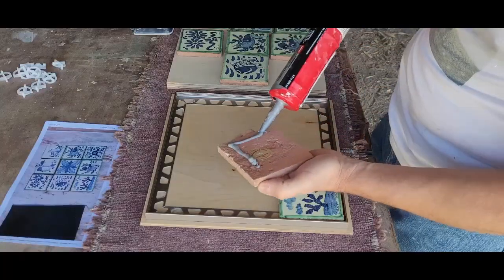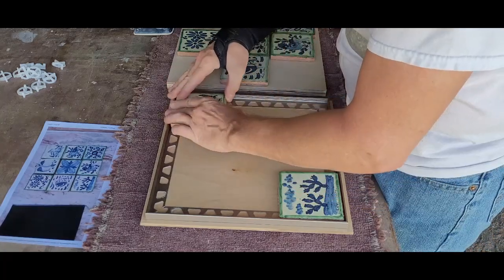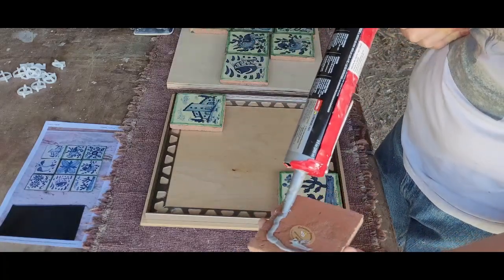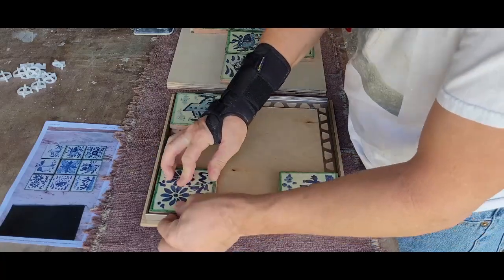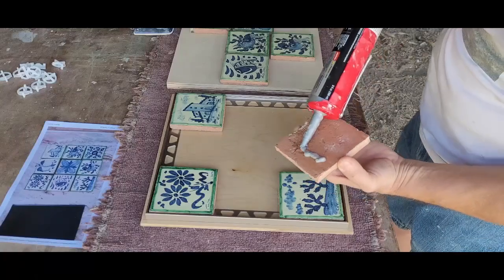Now for another slightly unorthodox technique. Rather than use thin set to adhere the tiles, I use some high-strength construction adhesive. This particular adhesive is rated for indoor and outdoor use and will bond with most anything. Since the tiles are uneven, I put a healthy bead on the back of each one and set the tiles